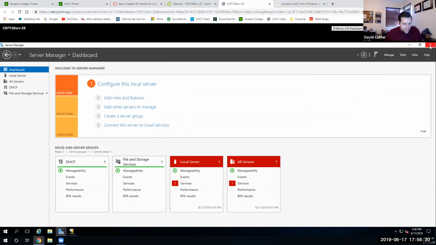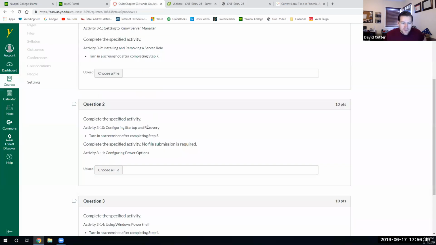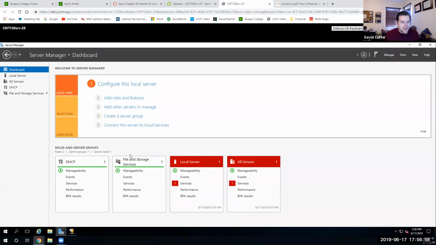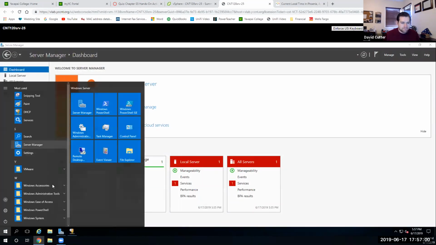Okay, so we're going to go to the recovery menu for Windows Server. I don't believe there's any screenshots for this. Oh, actually, we're not actually going to go into recovery. This one does have a screenshot. I stand corrected. So yeah, this one you'll turn in a screenshot after step 5. Okay. But first things first, we need to go to the control panel,